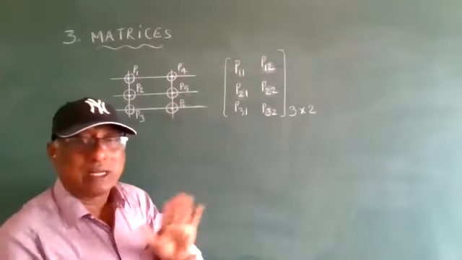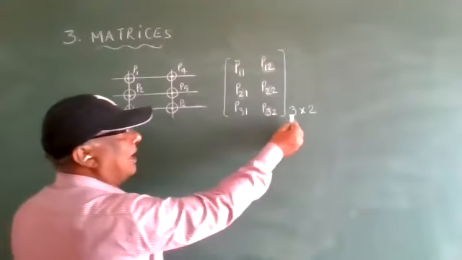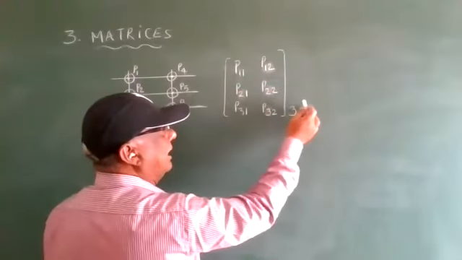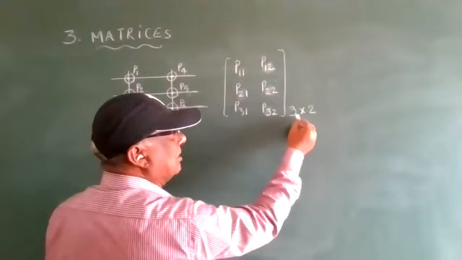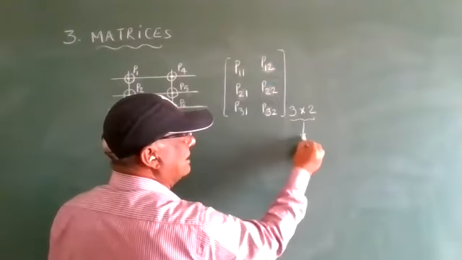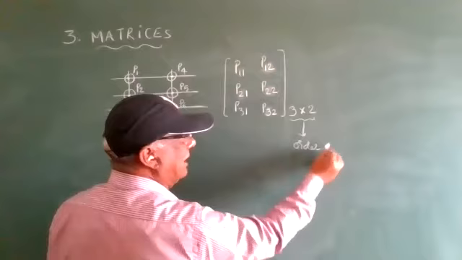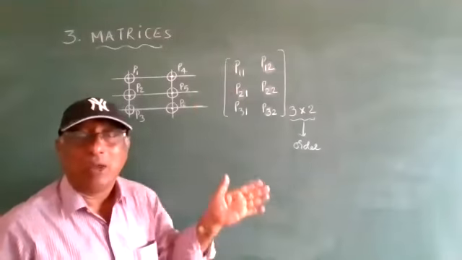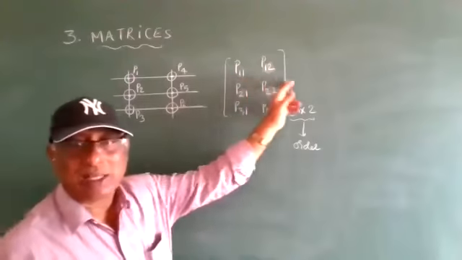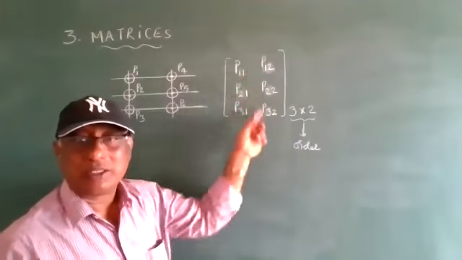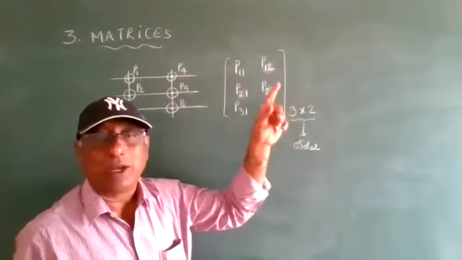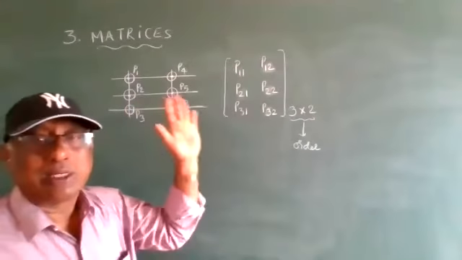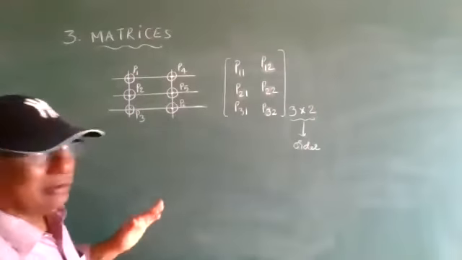So now the general, this is clear now. This is called order. How many lines are there? 3 horizontal lines and 2 vertical lines. This is called the order of the matrix. How many horizontal lines and how many vertical lines? Horizontal lines are 3 and vertical lines are 2. Therefore, 3 by 2 order. It is formed by the lines of 3 by 2. That is the order. Next one.